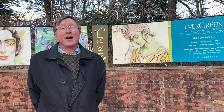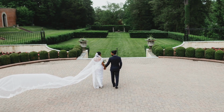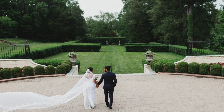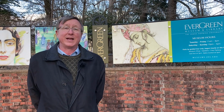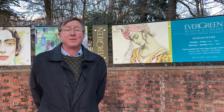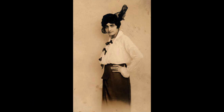His widow, Alice, moves out for a while with her family, but moves back in and continues the upgrades, including creating a wonderful terrace garden in the back. So come on out in the spring when it's hopefully open, take a look at that. She dies in 1920, and their oldest son, John Work Garrett, who gets his name from his grandfather, the president of the B&O, inherits the house and moves in with his wife, whose name is also Alice. She is Alice Warder Garrett, who we'll talk about in her connection with the art world in our second video,